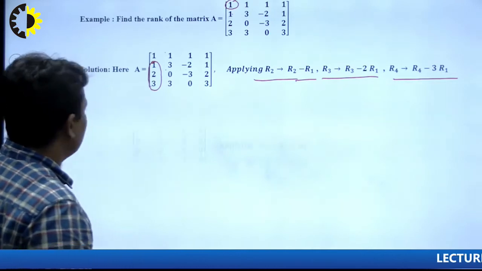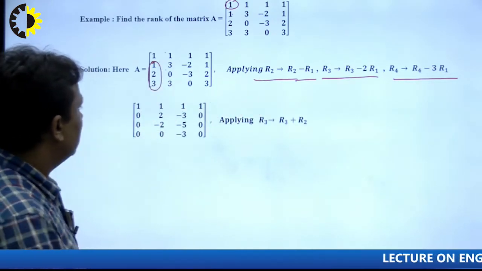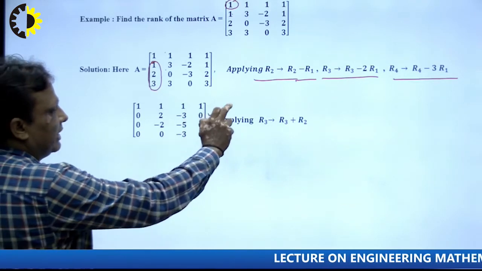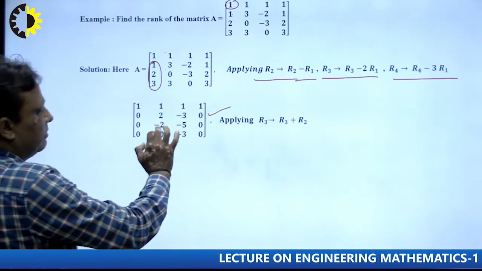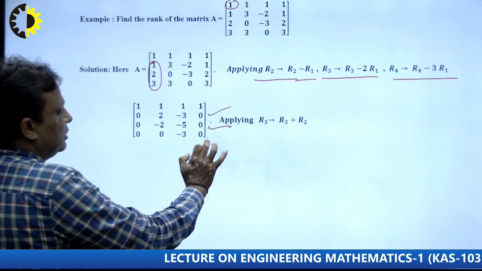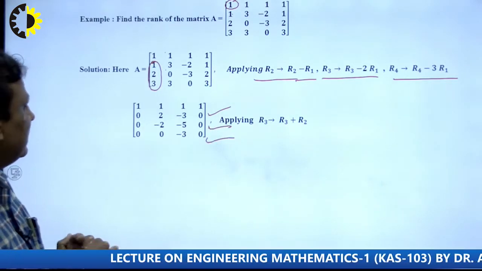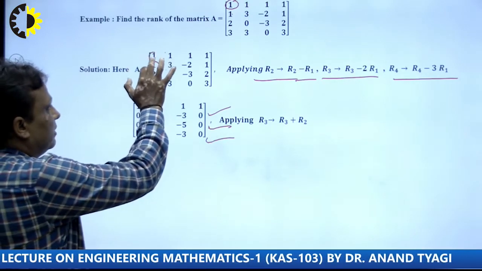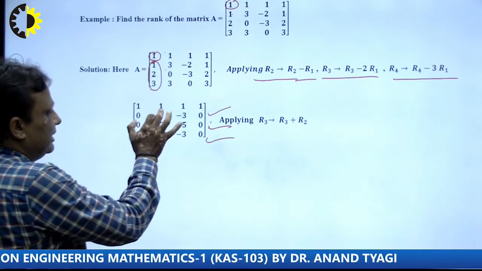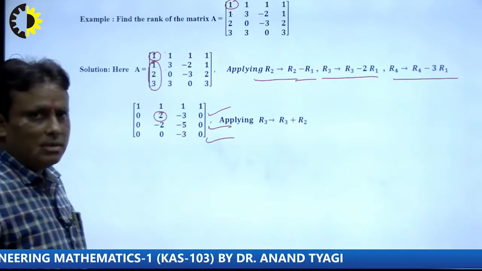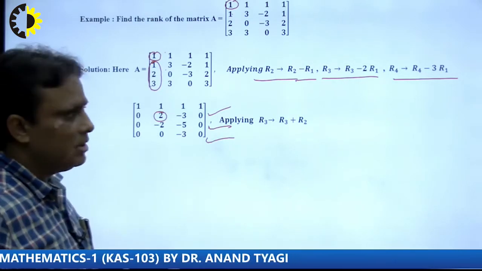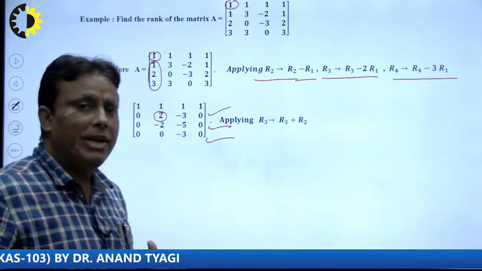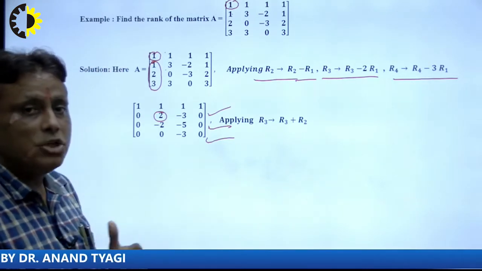So how to solve? We apply this operation on this. So there is 0, 2, minus 3, 0. Similarly, again the operation: minus 2, minus 5 and 0, and then 0, minus 3, 2, right? Our aim is to create all 0s with the help of 1. Now consider this element. Students, keep in mind, always use the diagonal element. The elements below it should be 0 by using elementary row operations, right?